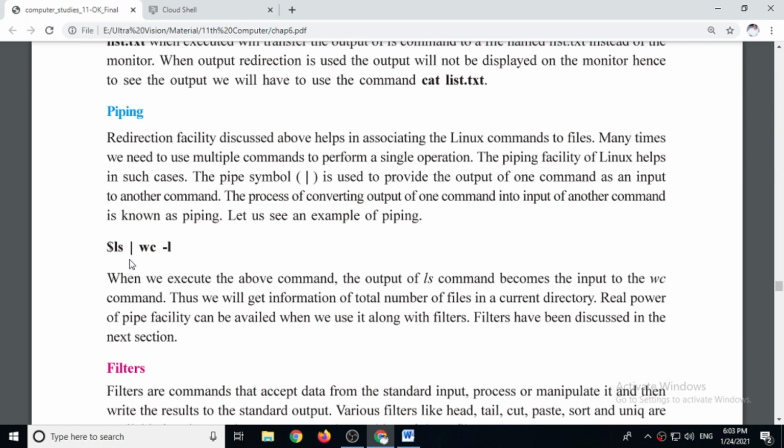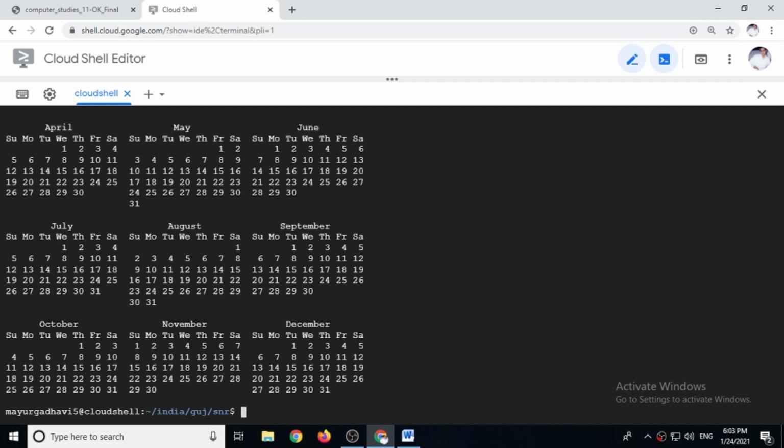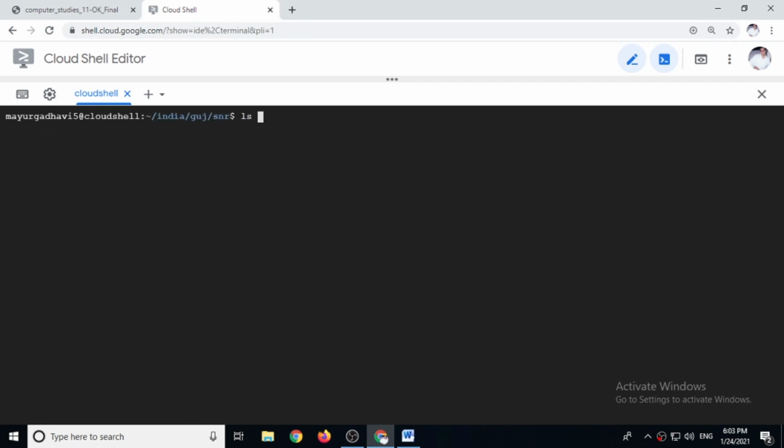Let's see this example. ls pipe wc minus l. See, normally if you give just the ls command, then it shows a list of files and directories on screen. But instead of that, if you give ls pipe wc minus l, then the output of the ls command will be sent to wc minus l.